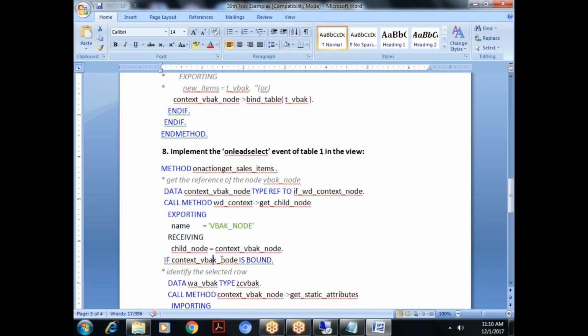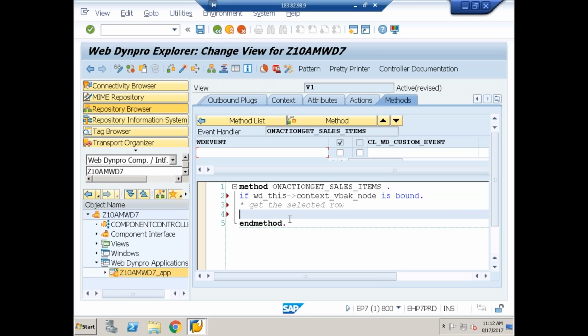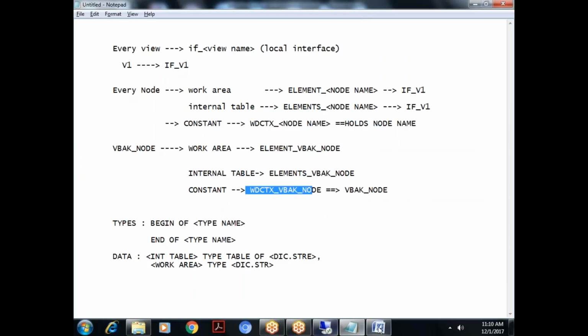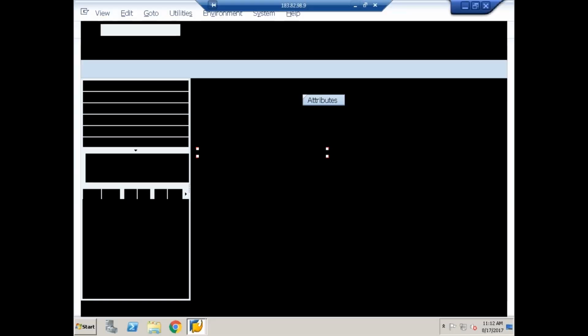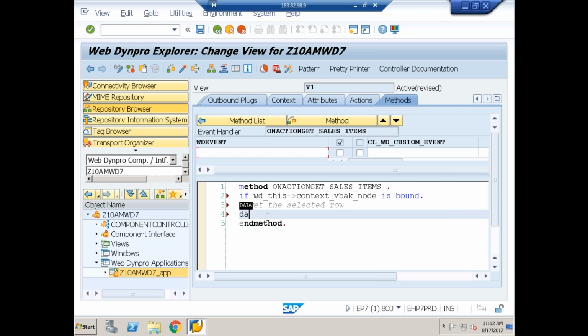Now I'm directly checking if it is bound, you have to identify the selected row. Selected row means nothing but a work area. Yesterday, for referring to the work area, again I said data, again dictionary object. Now I will not refer to the dictionary object. What I will do? Data W_VBAK type